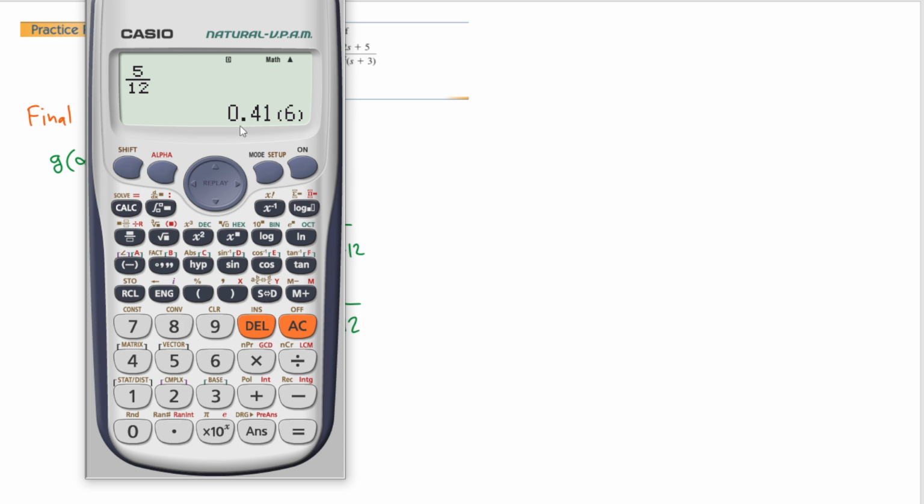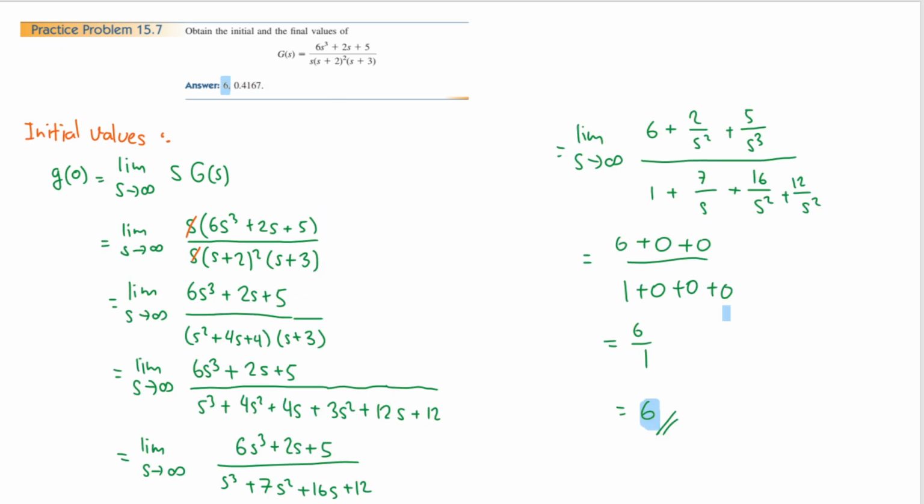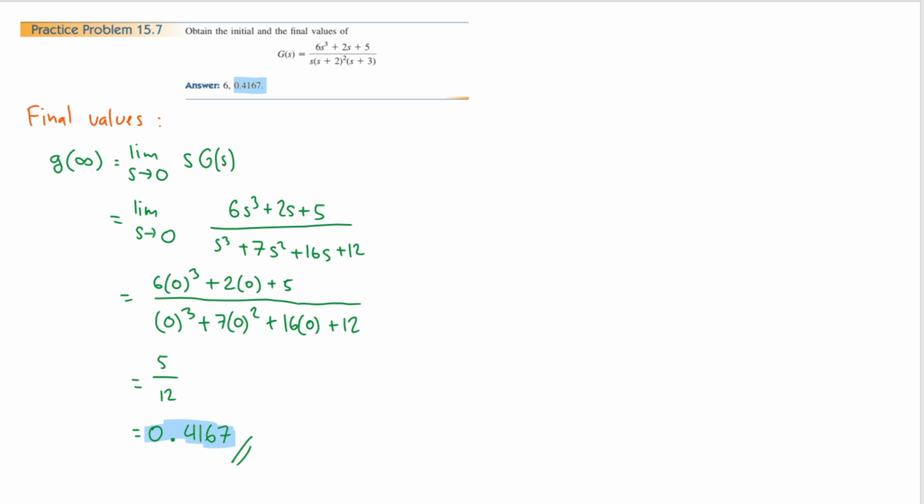So we have 0.416, which is equal to 0.41666, or 67 maybe, which is exactly the same as here. Let's highlight this, and this is the answer given by the problem. I think that's all. So the initial value is 6, but the final value is this one,